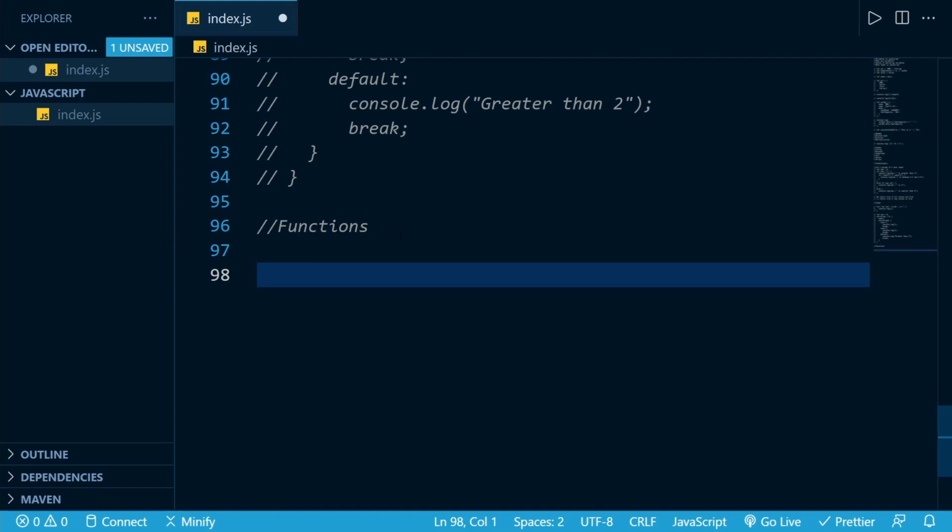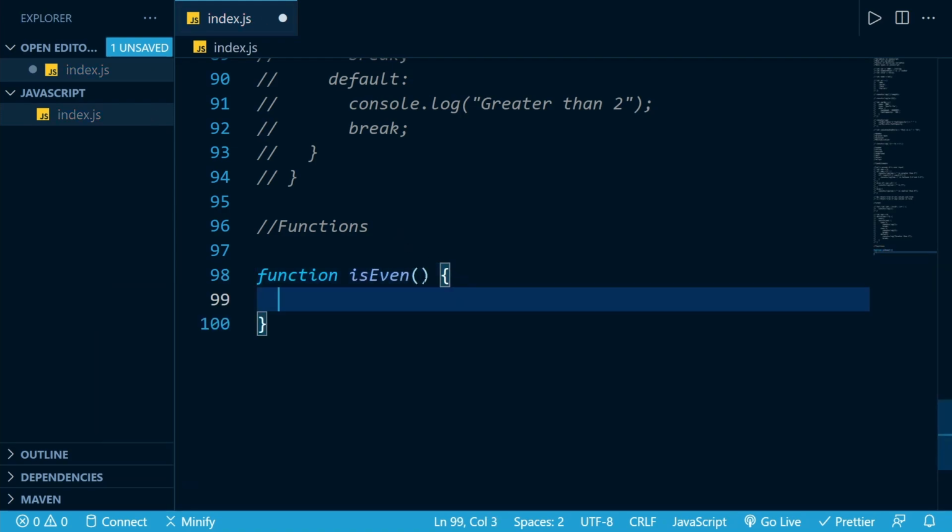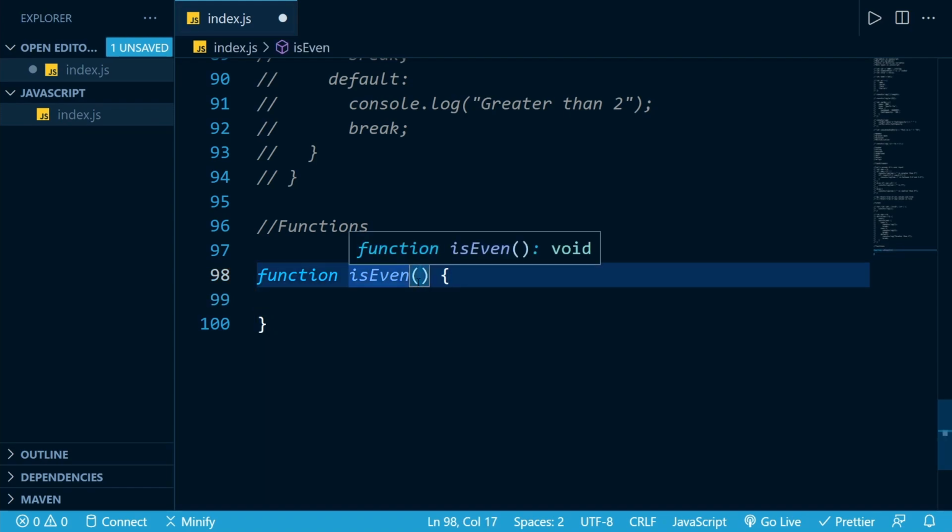For example, you want to calculate a square, or maybe you want to do some complex calculation. You can create a function for doing that. For example, our complex calculation here is going to be checking is even. So we will just create a method to check if a number is even or not.